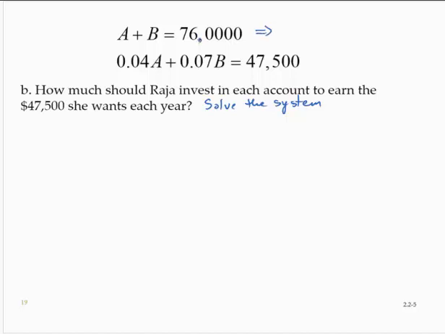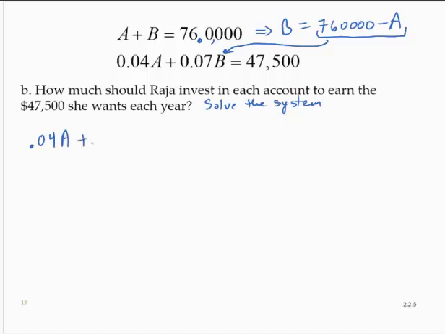This equation could easily be written as B is equal to 760,000 minus A. I just subtracted the A from both sides. So I'm going to take that 760,000 minus A, and I'll use it to replace the B in the other equation, yielding